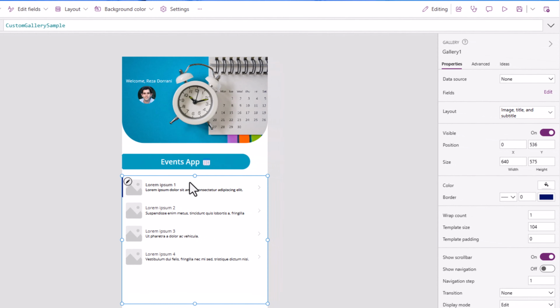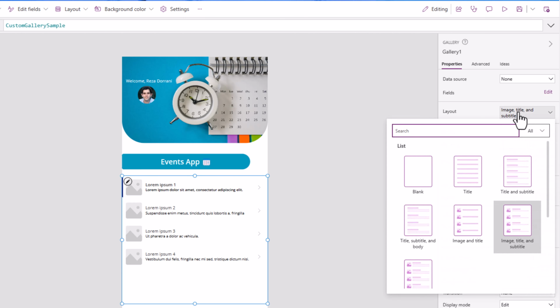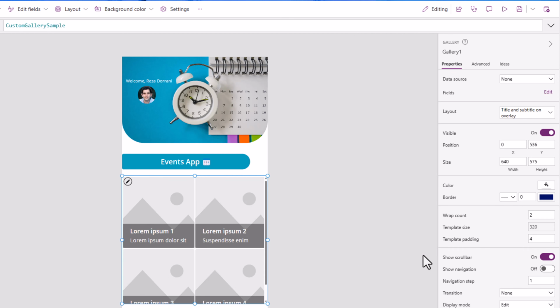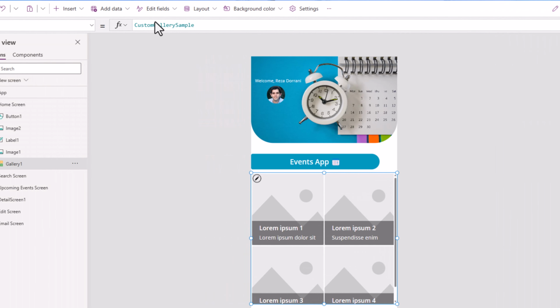For the gallery control, we have a property called layouts, and there are some nice out-of-the-box layouts that we can choose from. If you scroll down, there are also image-based layouts. And one of them is title and subtitle on overlay. So I'll go ahead and select this one. For the items property,